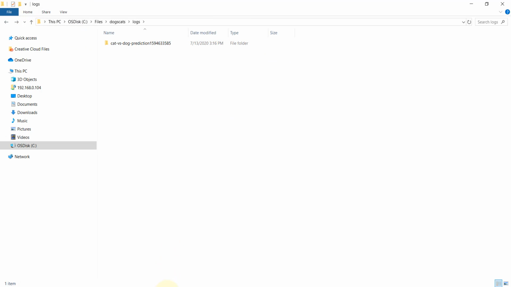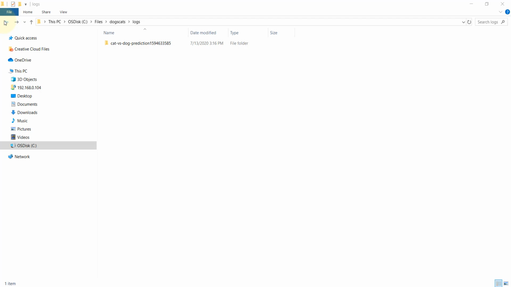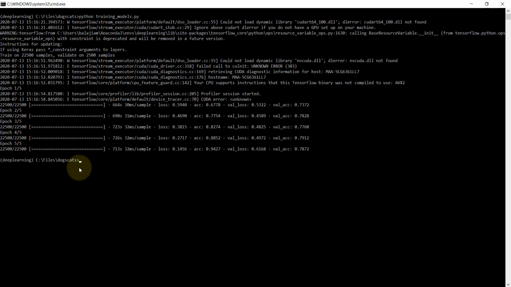So let's now see how we are going to view this with TensorBoard. You need to open your terminal and go to where this particular logs folder is present. In my case, it's present right over here. So I go there, and what you need to type is tensorboard --logdir=logs.